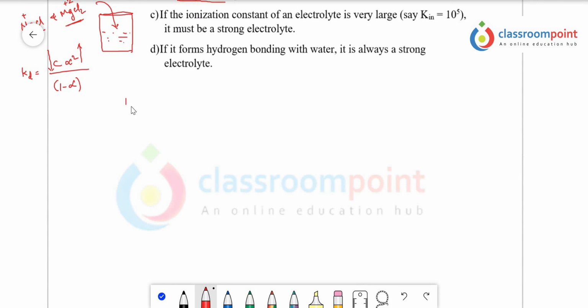We used to be taught two types of reactions: reversible reactions and irreversible reactions. Reversible reactions are the reactions in which the reactants are being converted to the products, and the products are also again being converted to the reactants. So it may be equal, it may not be equal.